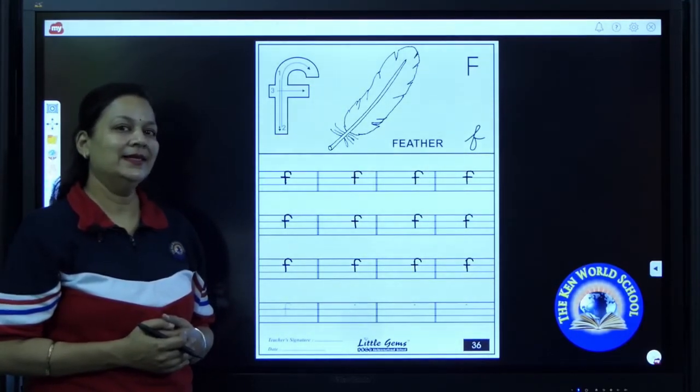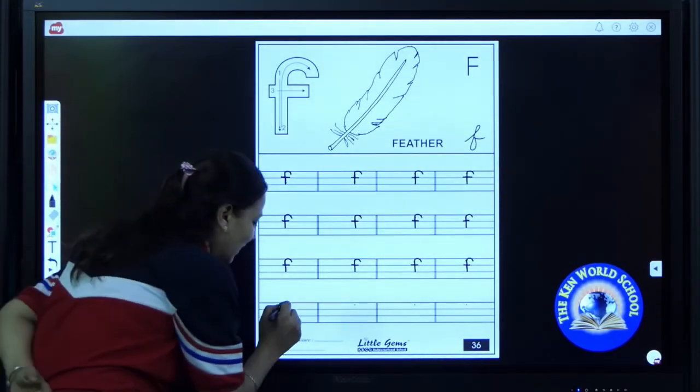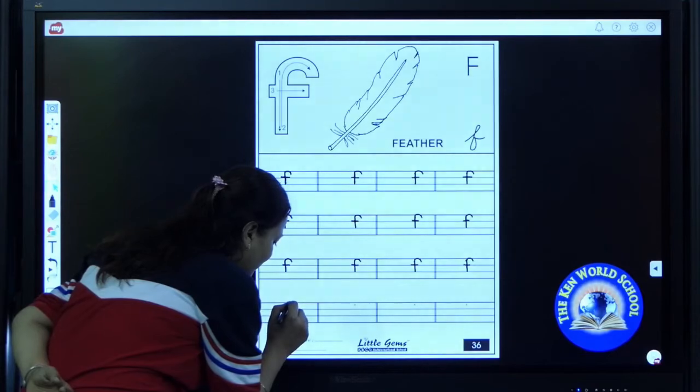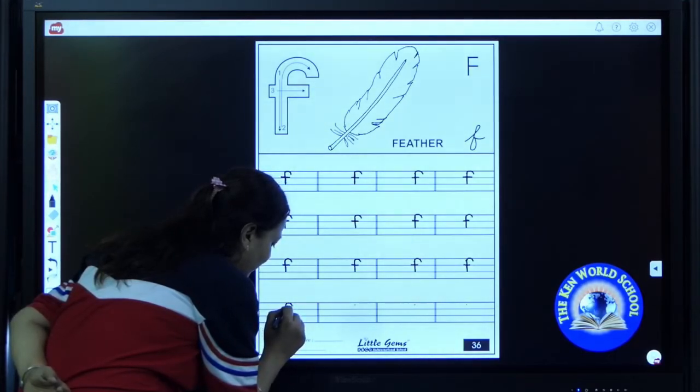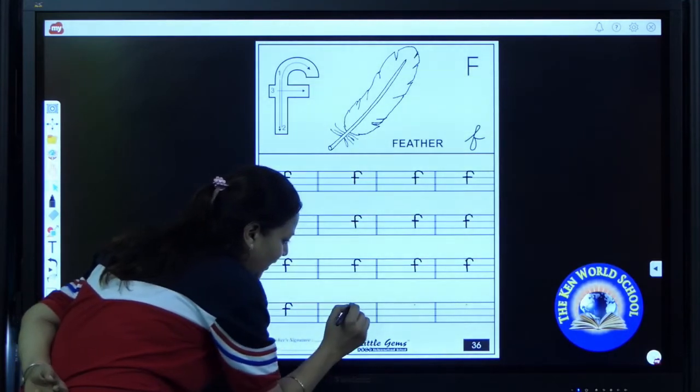Say loudly, yes ma'am. Okay, now again ma'am is going to write. Up to down, standing line, stop on the base line, go back again till top line, make a curve towards right. Now draw a sleeping line.